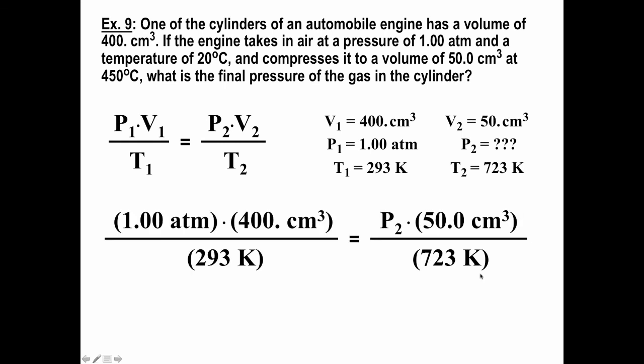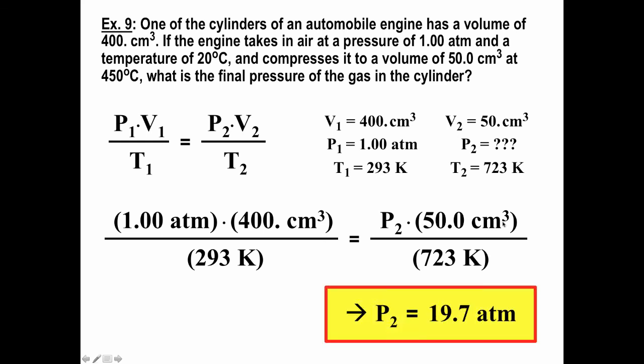Plug in our values. And then it should be fairly easy to do the math. Multiply both sides by 723 Kelvin. Divide both sides by 50 cubic centimeters. And hopefully you will agree that that gives us 19.7 atmospheres,